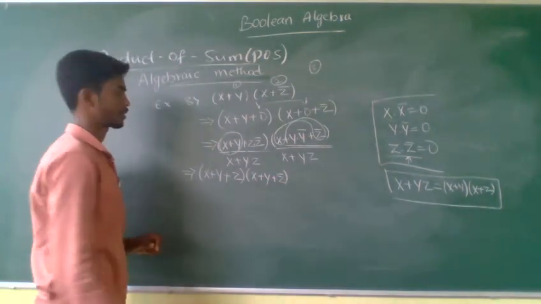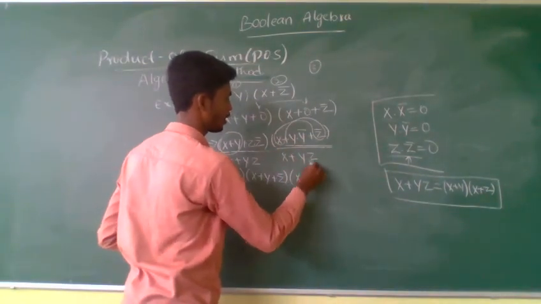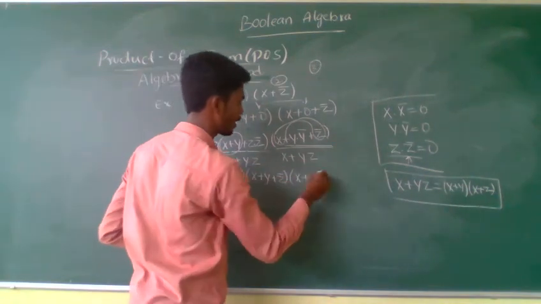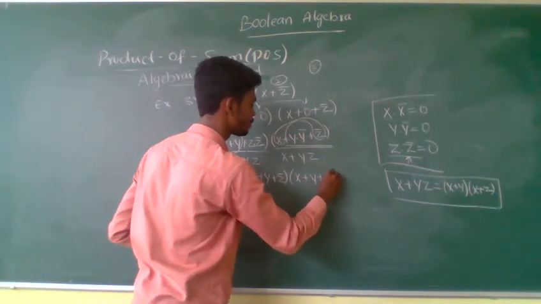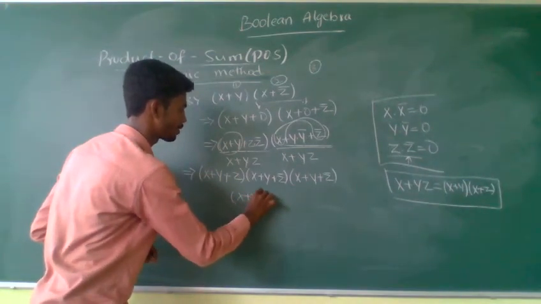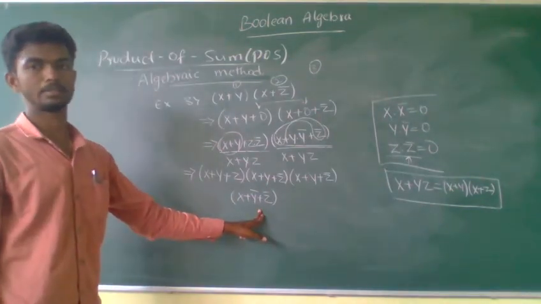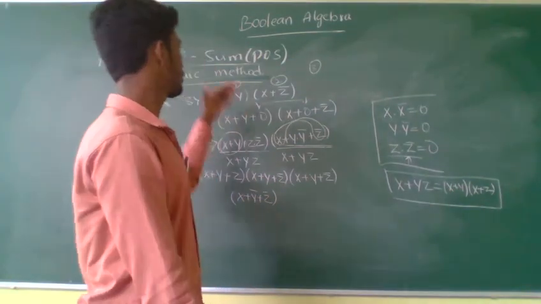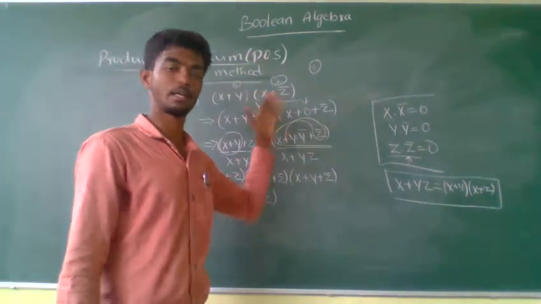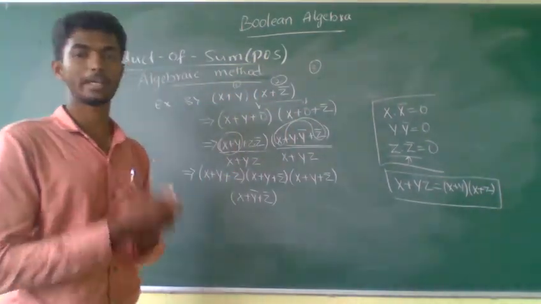Okay? This is the first term. Next, go with the next term. I am writing the z complement at the last: x plus y, into x plus z. This is the conversion of a Boolean expression to a canonical max term expression